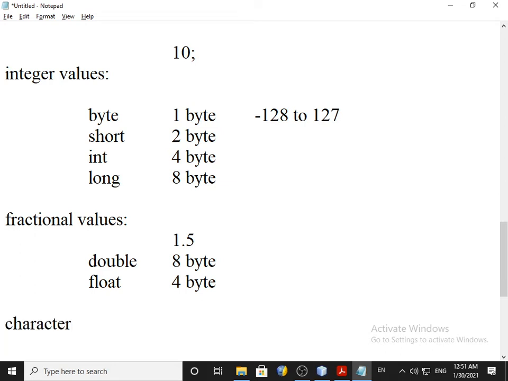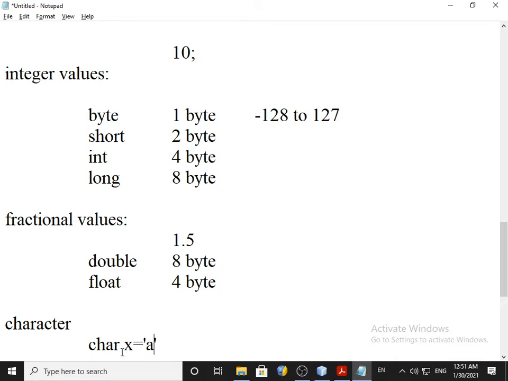Then we have a character, char x is equal to whatever single character you wish, in Unicode. Unicode means different languages, so one character of any language you can write over here, but in single quotes, say x or a. Clear?